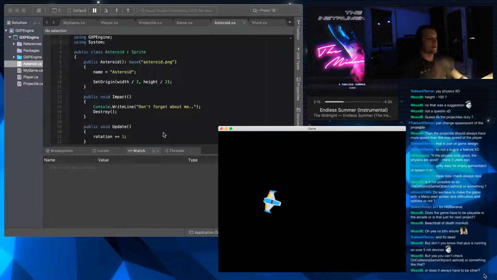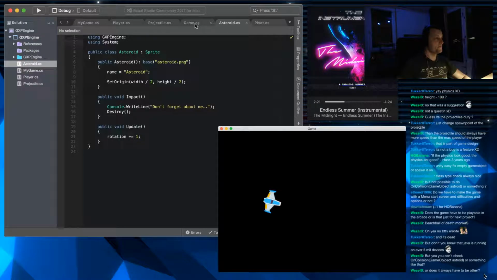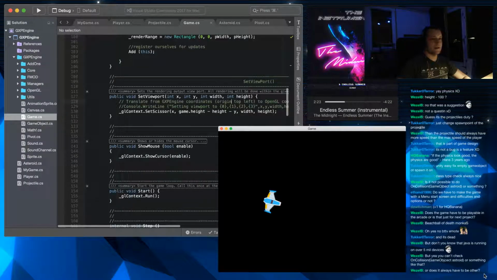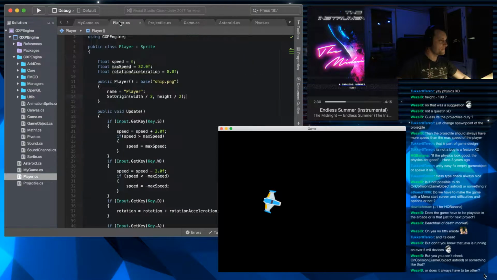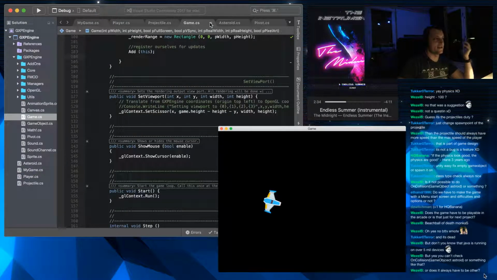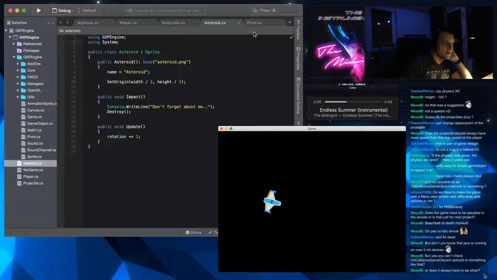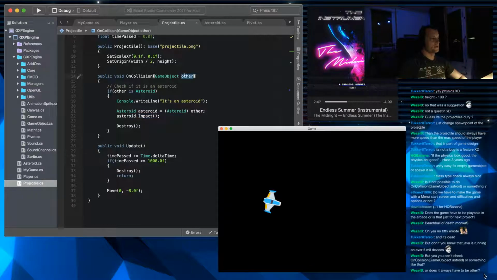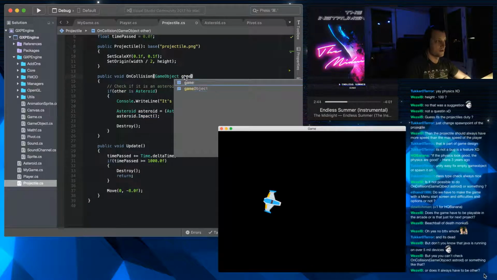And the game is born. And now I have nothing else to shoot, but okay. You can check on collision game object asteroid or something like that. You can call it whatever you like. I just call it other because it implies that it's not the current object you're colliding with. But you can call it whatever you like. You can also just call it game objects, or you can call it asteroid, but that would be a bit